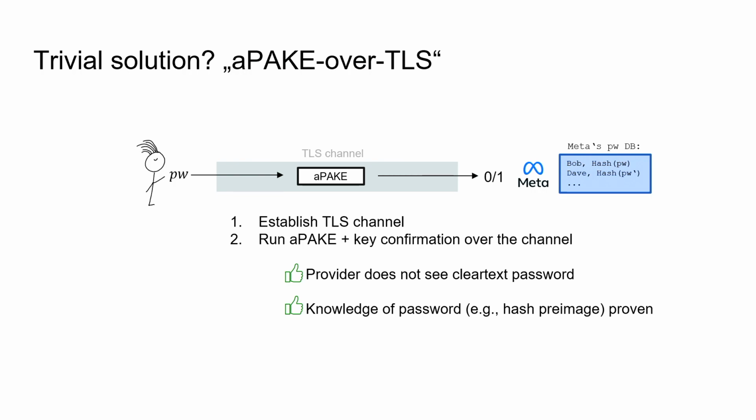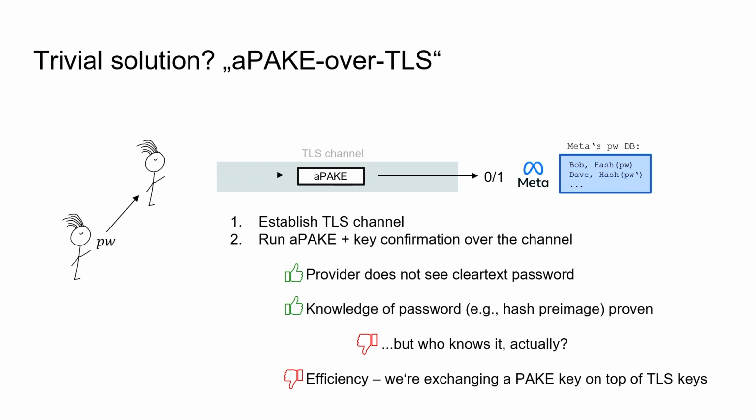Okay, so this looks good already. However, there are certain drawbacks to this approach. So first, this is a proof of knowledge of the password, but the question is by whom? Because this is the person who is actually talking on the channel, kind of the endpoint of the channel, but if there are simply opaque messages coming out of the channel, this person can just relay these messages maliciously, sneak them to another party. This party might think it's doing something else, but actually runs like this, proof of knowledge of password for that party. Okay, so there seems to be like an improper binding between this authentication action and the channel.